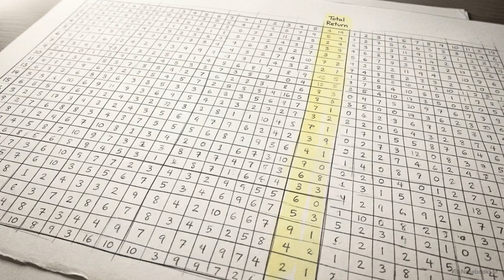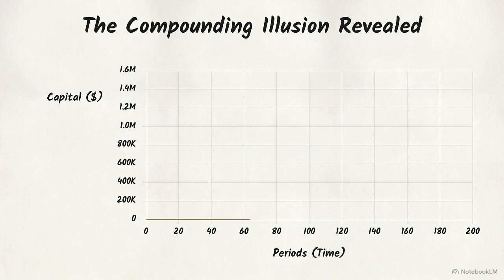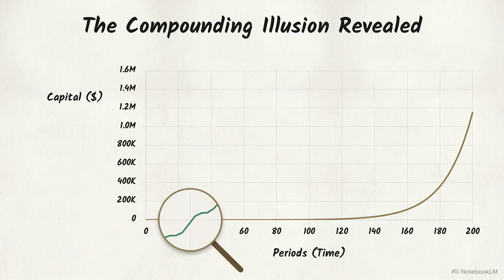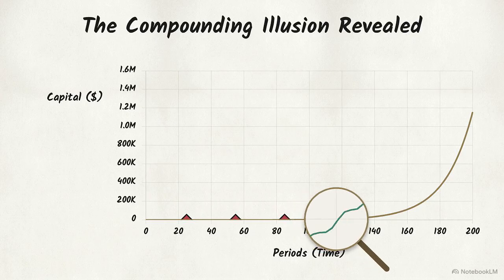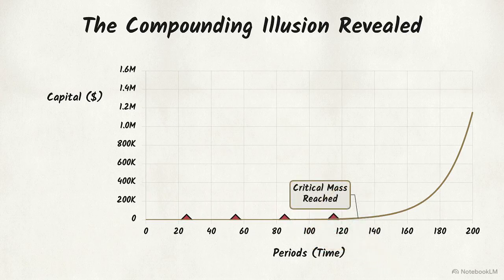On a multi-decade scale, the early years of compounding create an optical illusion of total stagnation. The underlying math is functioning perfectly during this entire stretch. The absolute numbers are simply too small to register visually until the expanding base reaches a critical mass. This visual trick translates directly into a psychological trap. Investors routinely abandon their strategies during this waiting period because they mistake low absolute returns for zero progress.